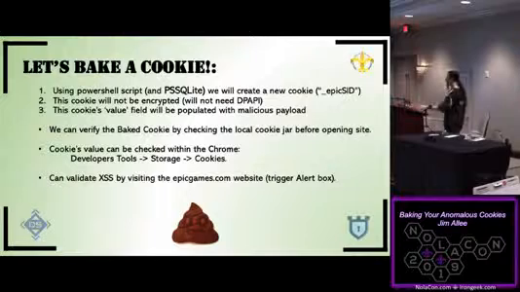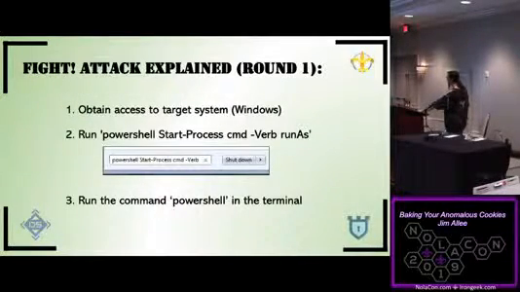So we're going to bake a cookie. We're going to use this PowerShell script in the PS SQLite. We're actually going to create a cookie called _epic_SID. This cookie will not be encrypted. We'll just use the null encrypted value and the normal value in the value field. We can actually check this cookie looking into developer tools or looking in the SQL browser, and you can see once you inject this cookie that it's there ready for the user to experience when they open their browser. If you go to the website, you're going to get this JavaScript alert box. That'll be your final proof.